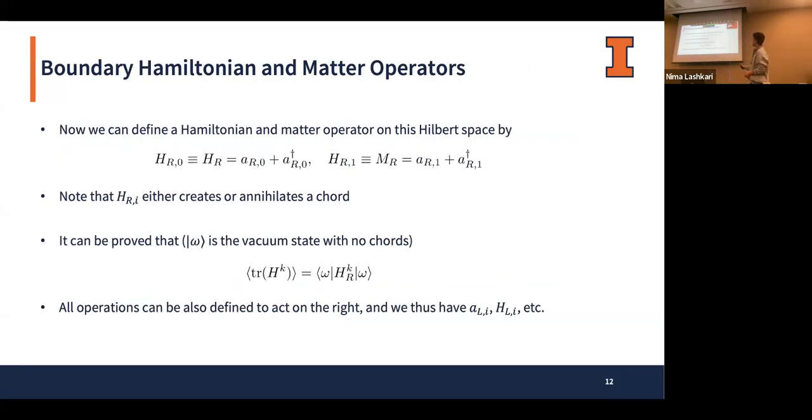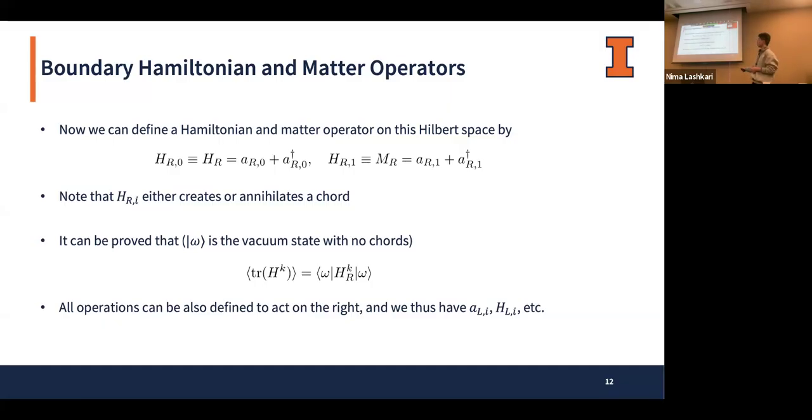Now, the boundary Hamiltonian and matter operators. I define this boundary Hamiltonian and boundary matter operator in this way. It's just the sum of creation and annihilation operators, so it either creates or annihilates a chord. Now, let's define this omega to be the vacuum state with no chords living on the slice. You can show that